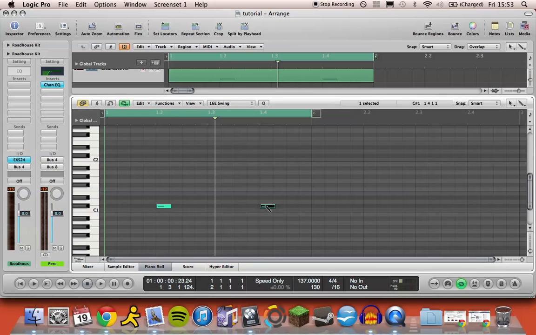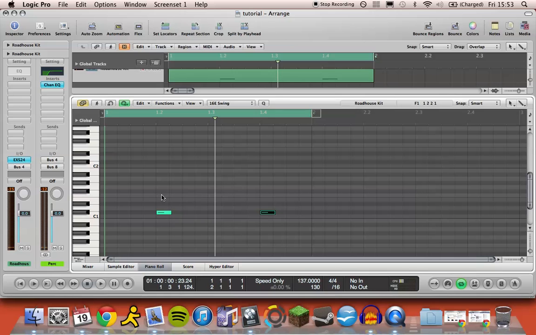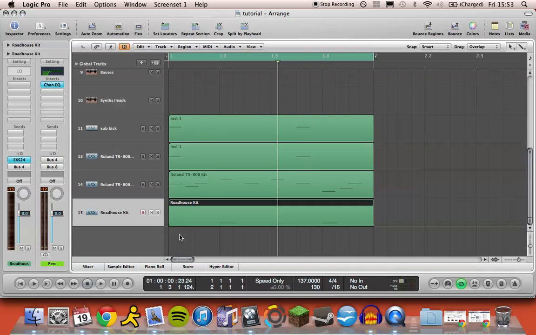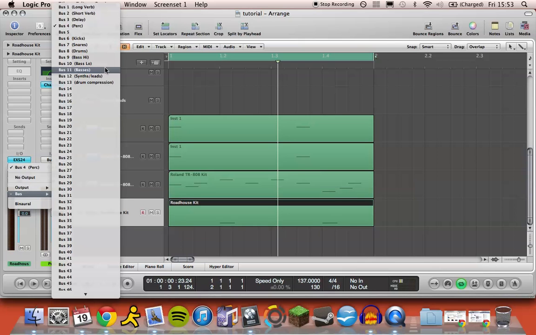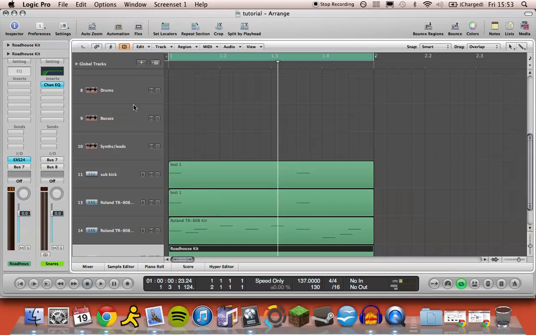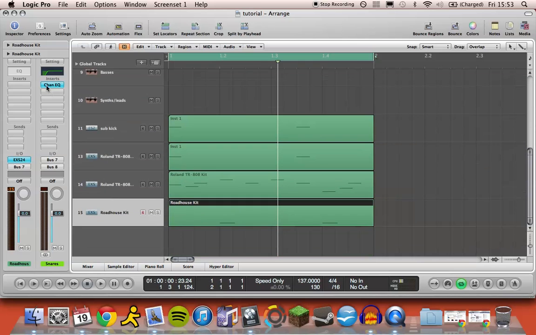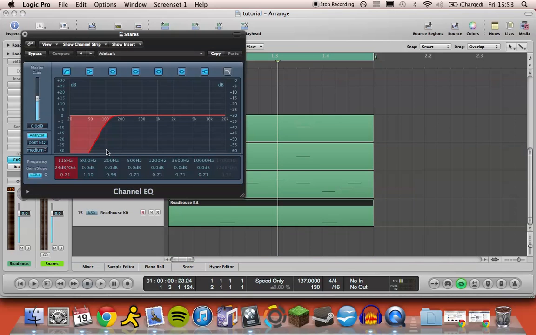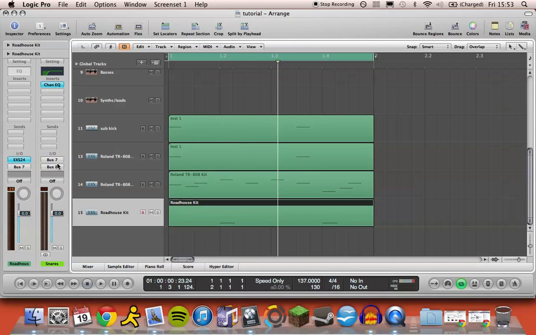I'll just make a basic backbeat on 2 and 4 there. In fact, I'll leave that one as it is. Send that to another bus which I've got, which is for snares, just like how I did with my kick bus and my percussion bus. Just got a little bit of the bass rolled off. In fact, I'll bring that up a little bit more. And then that goes to bus 8, which is for my main drum mix. So if I solo this,